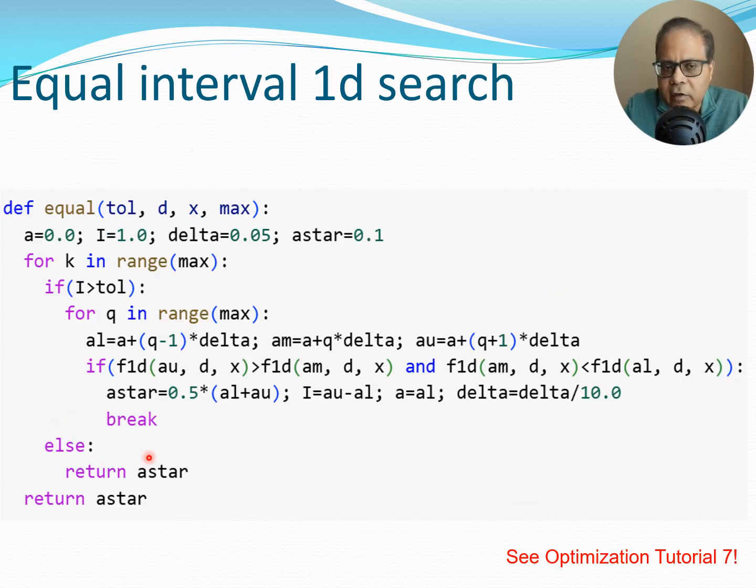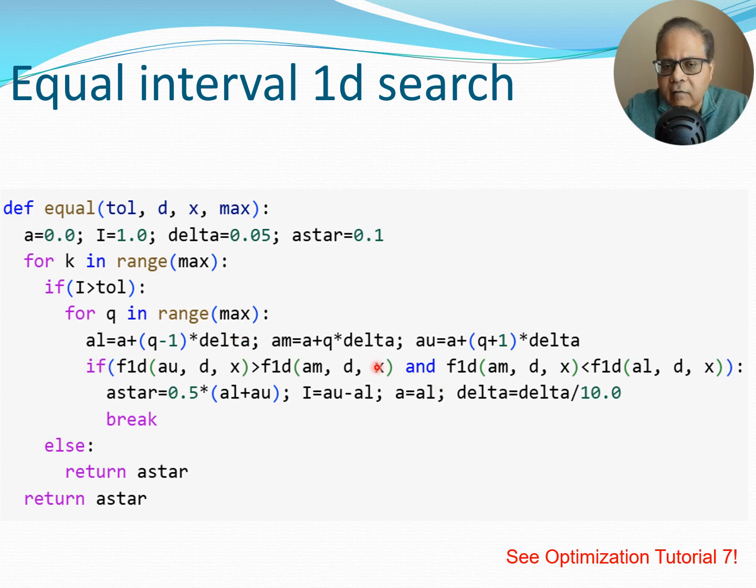Now I have the 1D search here. I need to use the 1D search. So once I have got the tolerance and max value coming in, I got a value of d and x. Then I start with alpha is 0 here, a is 0. And I have this for loop here. What I keep doing is that I start with delta is 0.05. I keep dividing delta by 10 until I converge. And so what happens here is that I move on this q here, and I bracket the function within